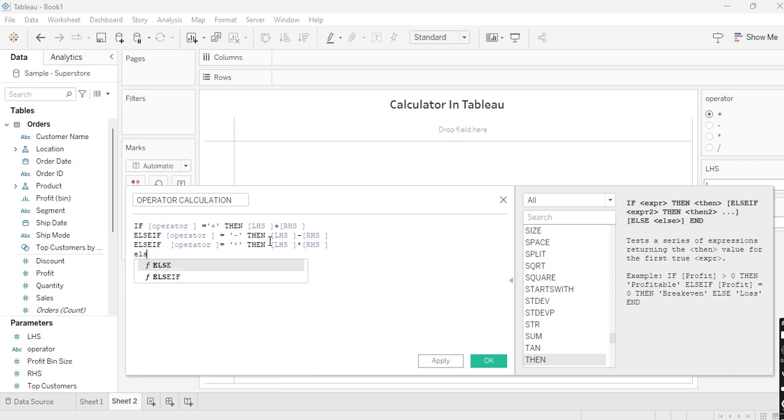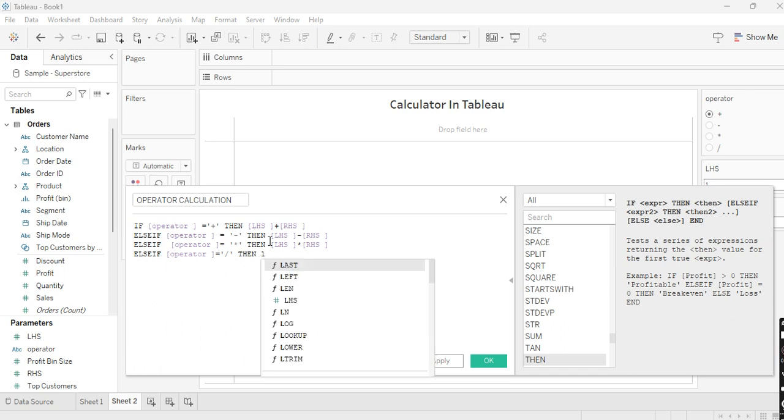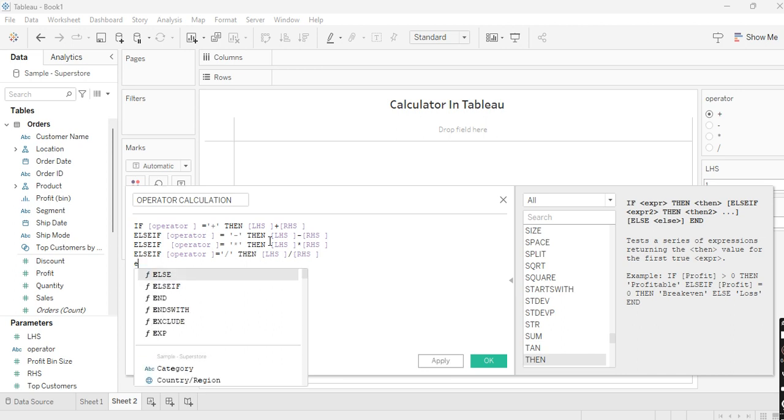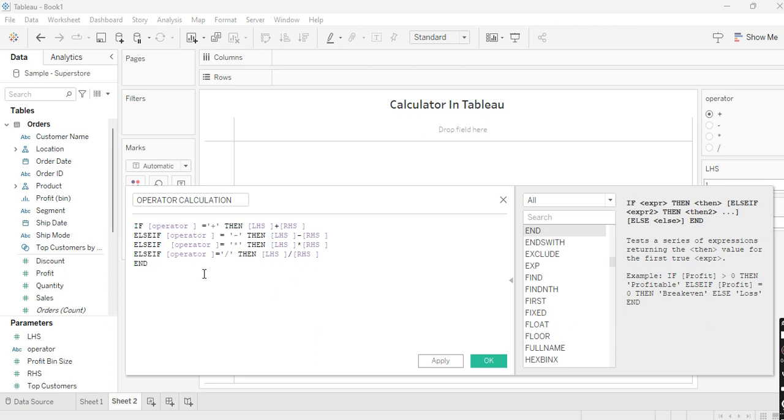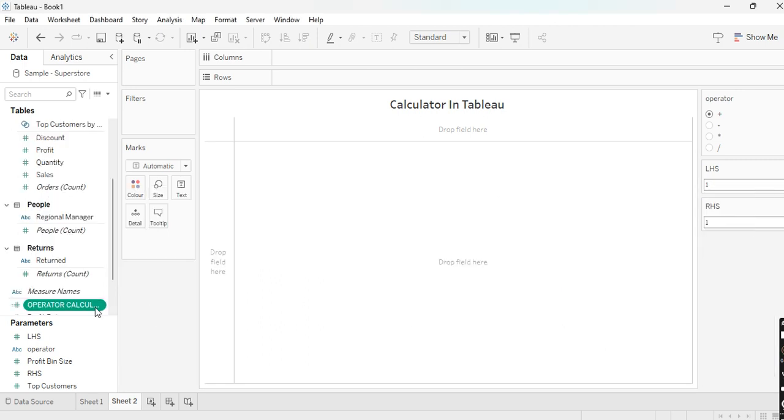Okay, last our fourth condition, that is else if operator parameter is equal to divided by, then we want to divide LHS divided by RHS, and we will end this calculation. Okay, so I hope everyone understands this calculation. So that's it for this calculation. Just click OK